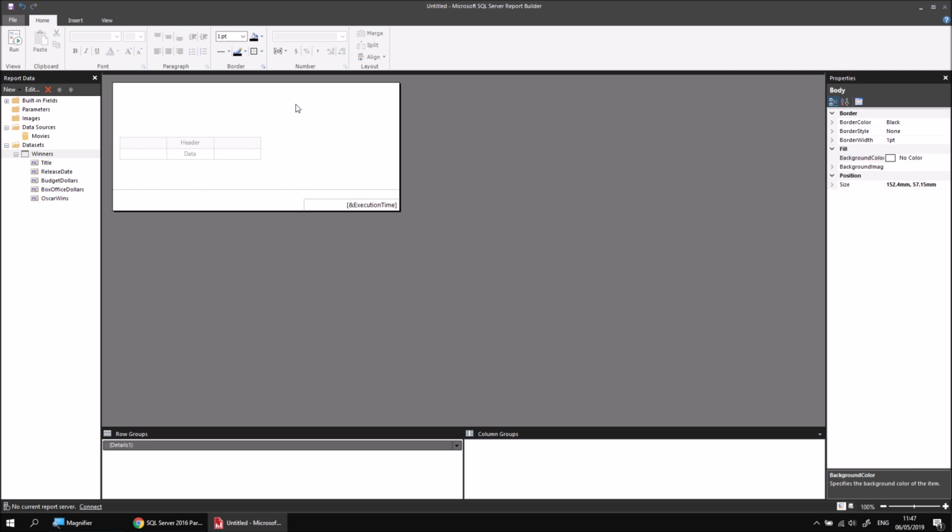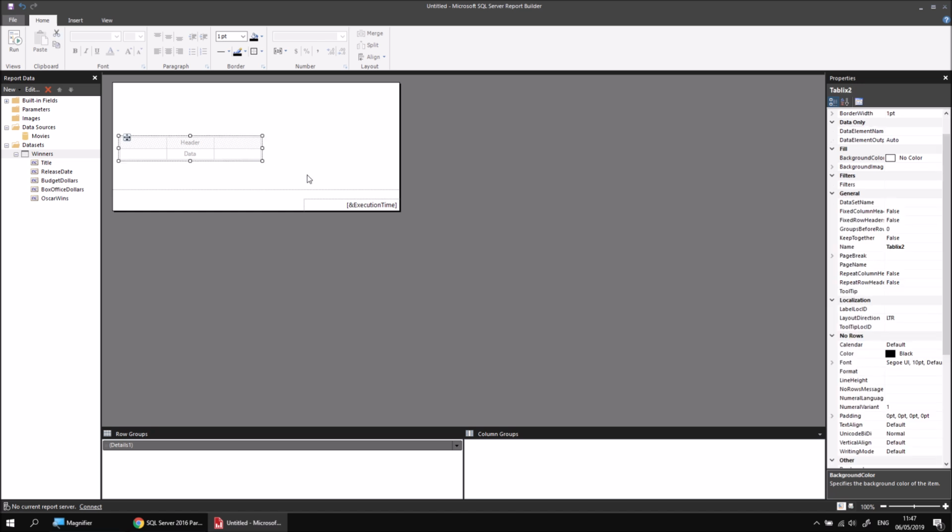A slightly quicker way to select a table. Let's say I wanted to move this second table up into the top left-hand corner of the report. One way to select it is to draw a box which partially encloses it. If I start with the mouse cursor in a blank part of the report body, I can click and drag, and as long as the box I draw partially encloses the table, when I release the mouse button, the table